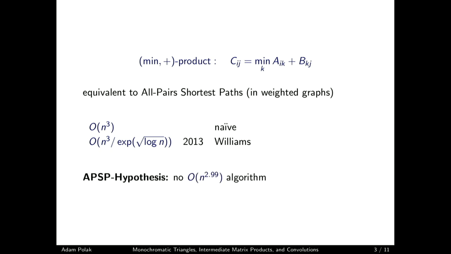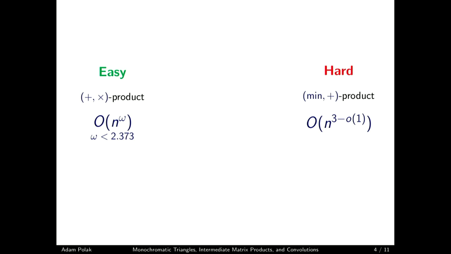And in fact, it's conjectured that it's impossible to solve APSP substantially faster than cubic time. So on one hand, we have this easy regular matrix multiplication. On the other hand, we have this hard min-plus product, which we believe cannot be solved much faster than cubic time. And quite surprisingly,